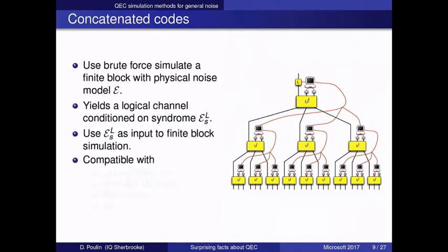Now, you can think about it more intuitively: what kind of noise model can I put down here such that the resulting tensor network can be efficiently contracted? Well, of course, uncorrelated noise, so I just have independent noise on each of these wires, but it could be a tree-like noise, right? If the noise also has a tree structure, then the whole thing will be a tree. It could be an MPS, so if I just put a string down here, it turns out I can contract this. It could be a MERA. There are a lot of interesting noise models that I can study and still have an efficient simulation of concatenated codes.